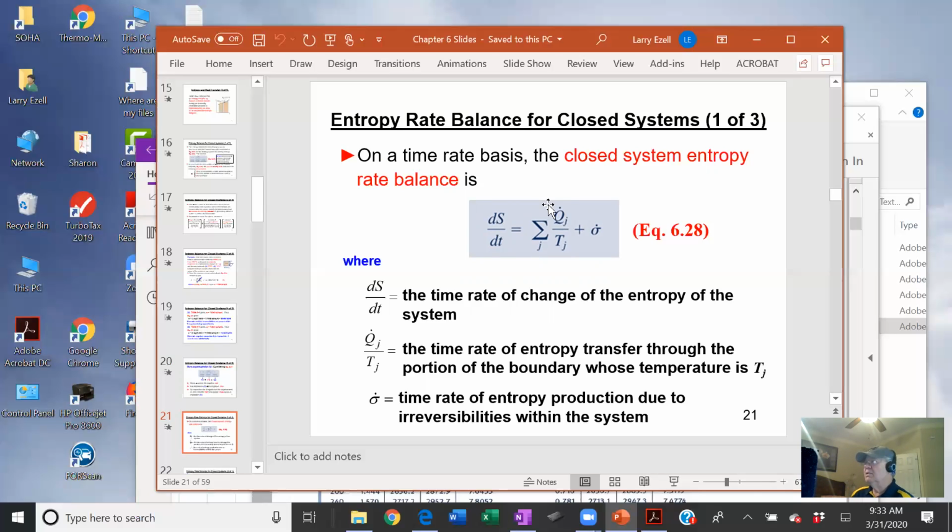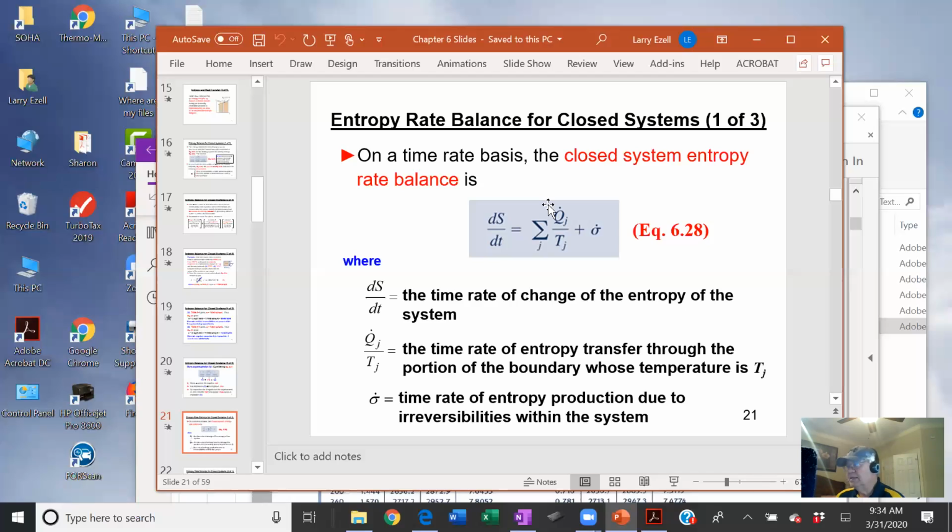All right. So anyway, back to slide 21. Entropy rate balance for a closed system. That's if we're going to have heat transfer, I believe. Let's see. On a time-based rate basis, the closed system entropy rate balance is dS/dt equals the sum of the Q dots over T. That's like Q1 over T1 plus Q2 over T2, etc., plus sigma,